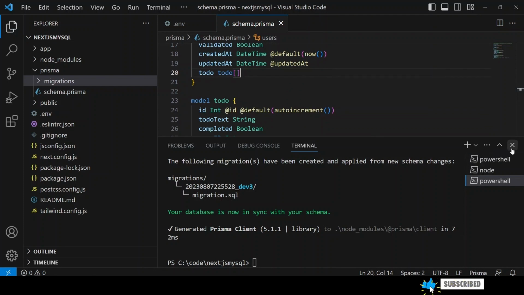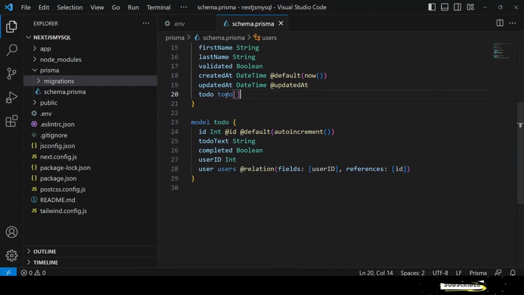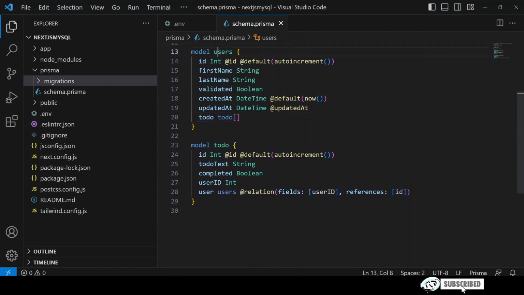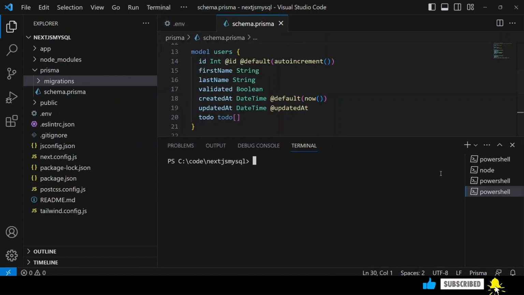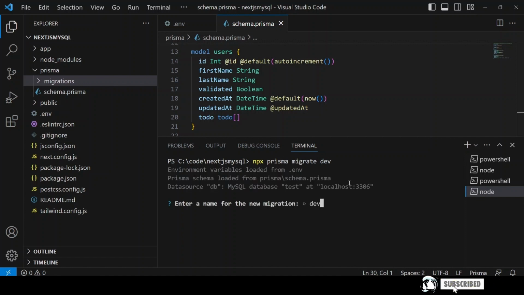Now let's try to understand this in a bit more detail. The users can have multiple to-dos. That's why we are saying it will be an array of objects, and the model for to-do is containing the user IDs to which it is belonging. Let's try to migrate this to our database. Same command, npx prisma migrate dev. I'm going to name this migration as dev4,